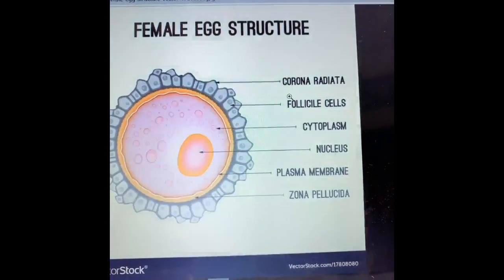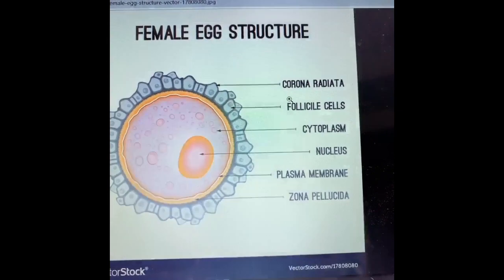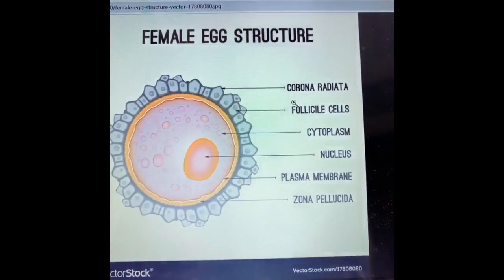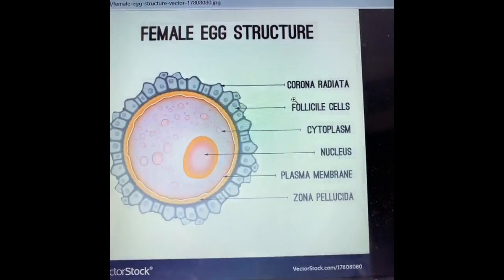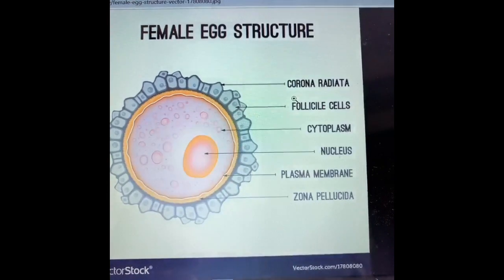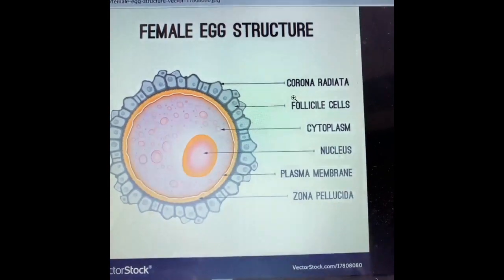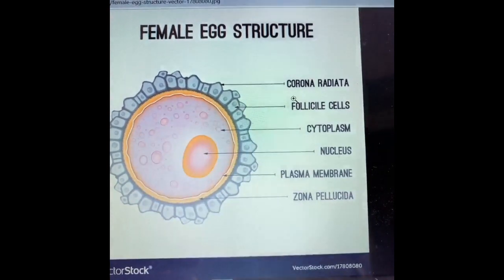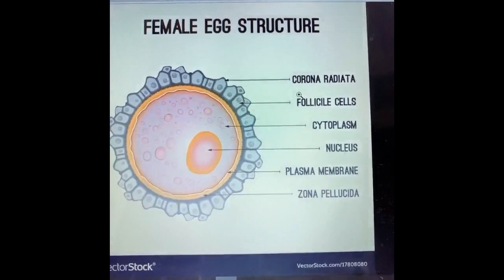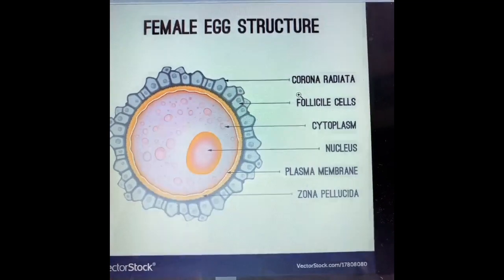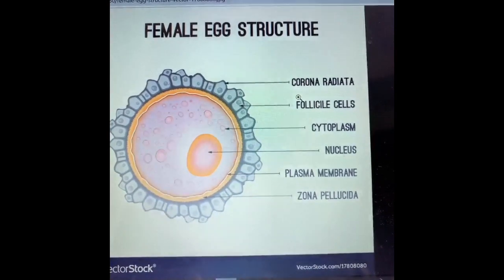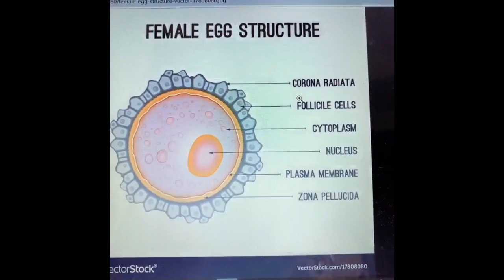The side of the ovum which extrudes the polar body is termed the animal pole. The opposite side is called the vegetal pole. The human ovum loses its ability to fertilize about 24 hours after ovulation. In human beings, the ovum is released from the ovary as a secondary oocyte.